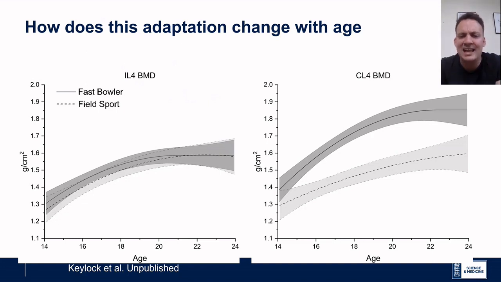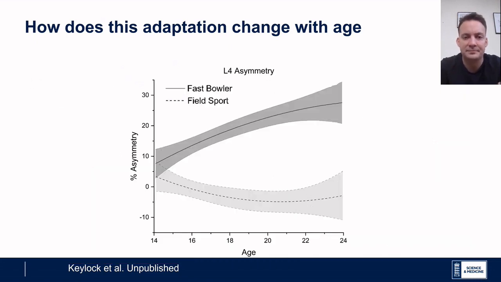Even at age 14, we almost see that there's greater density on this contralateral side, and this increases far and beyond the field sport controls. So this adaptation is near localized to the contralateral side of the spine. When we were looking at the asymmetry as well, what we find is that even our 14-year-olds are asymmetric. So this asymmetric adaptation is already present in